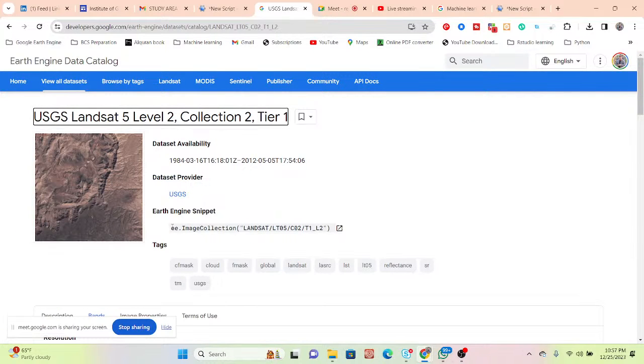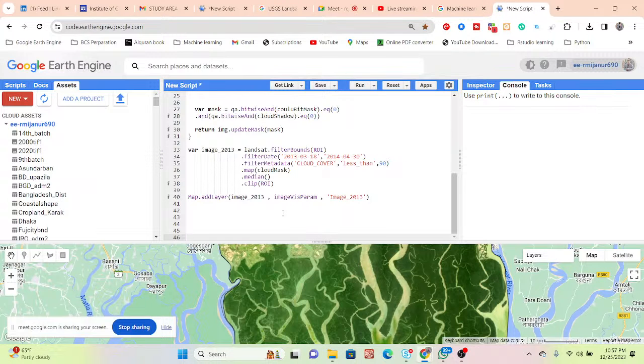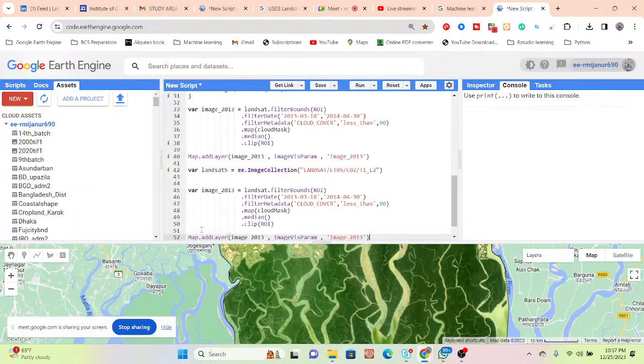So just simply copy the same things from here. Then give a variable name. Suppose Landsat 5, which we are using this time. Then simply filter this image collection. Just take a variable image, or if you want, simply copy the same things from here, copy and paste. Just simply change. Suppose I put image 2000, and it comes from Landsat 5. Simply copy the variable name and paste here. And I need the image for the year of 2000.